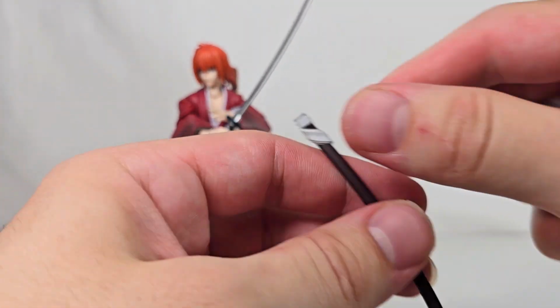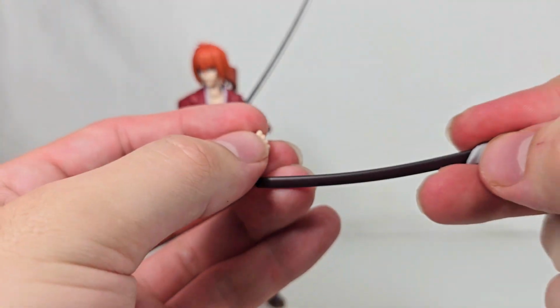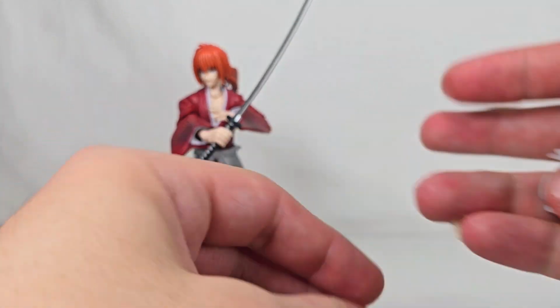At least from what I've seen, there's one fight where he uses the sheath to attack the enemy. So that's really cool. You can plug it in that way, or you can plug it in this way and get some really awesome poses of him actually hitting with the sheath right there. And then you get this